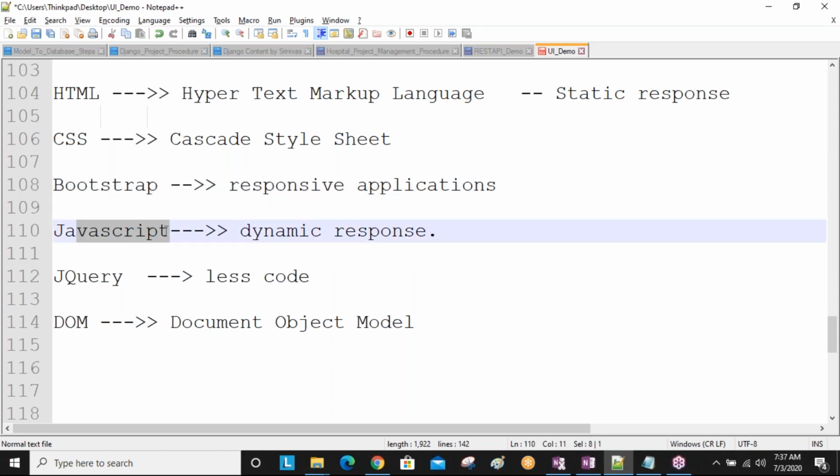Okay. Next, JavaScript. Using JavaScript, we are going to display dynamic response. Using HTML, static response; using JavaScript, dynamic response. So from person to person and time to time, our output can change. That we call a dynamic response.